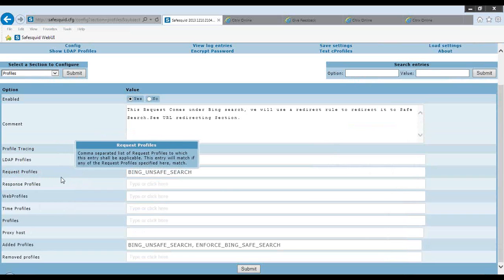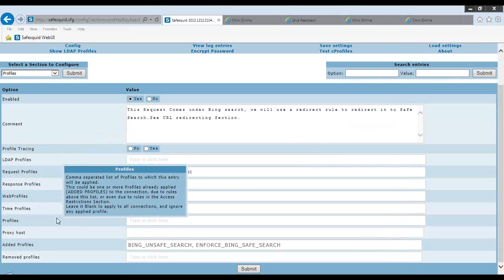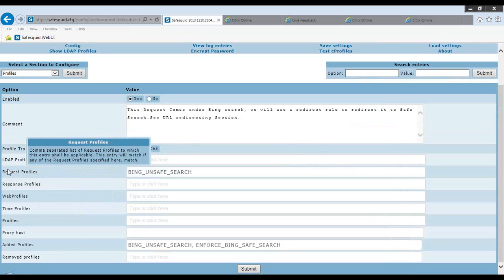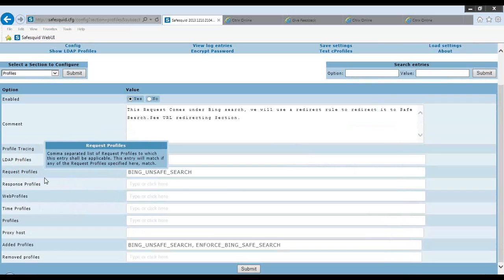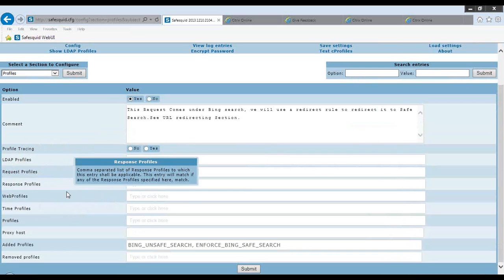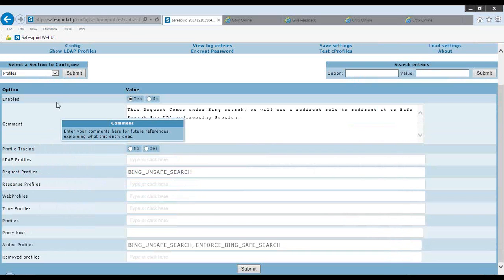You have got something like request profiles, response profiles, web profiles, time profiles, and a few other parameters which were already there. Now, how it works is all of these elements can be combined together by the profiling engine while you actually create separate parameters for them. For example, I'll just take you through how we would typically start to do profiling with the new profiling engine. As you can see here in the profiles, you have got request profiles, response profiles, web profiles, time profiles.